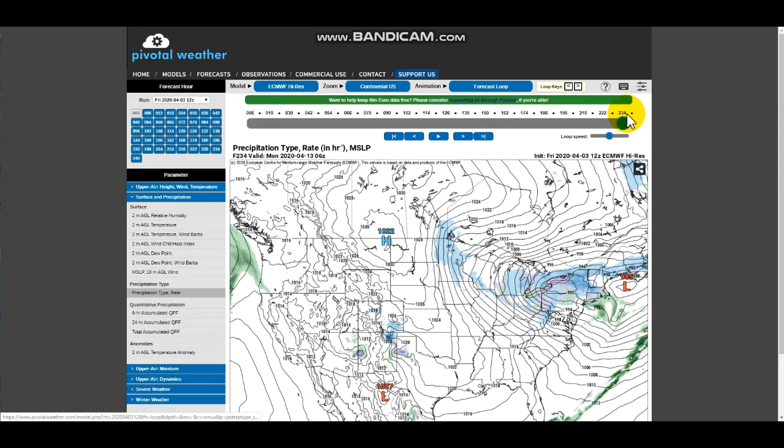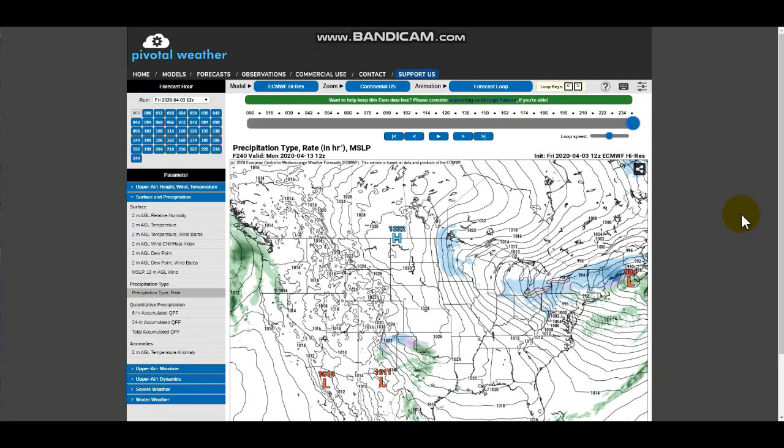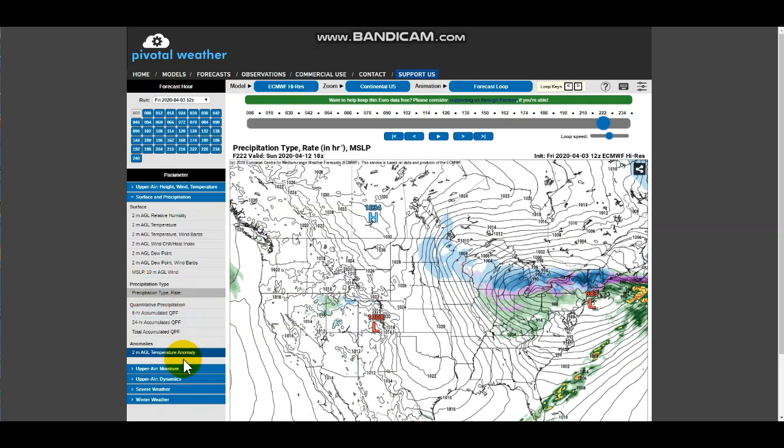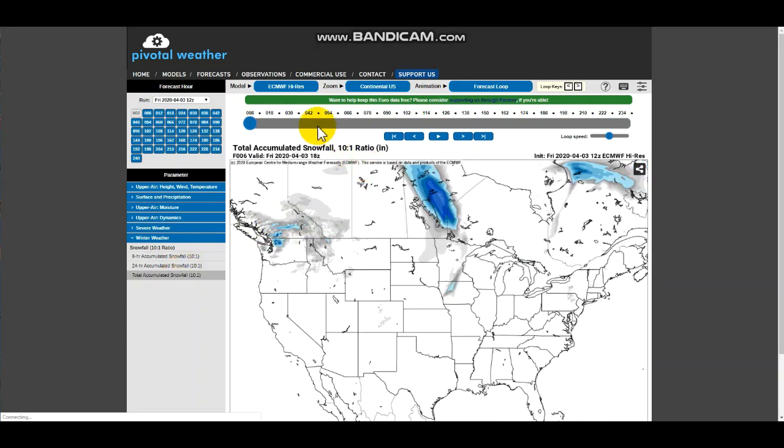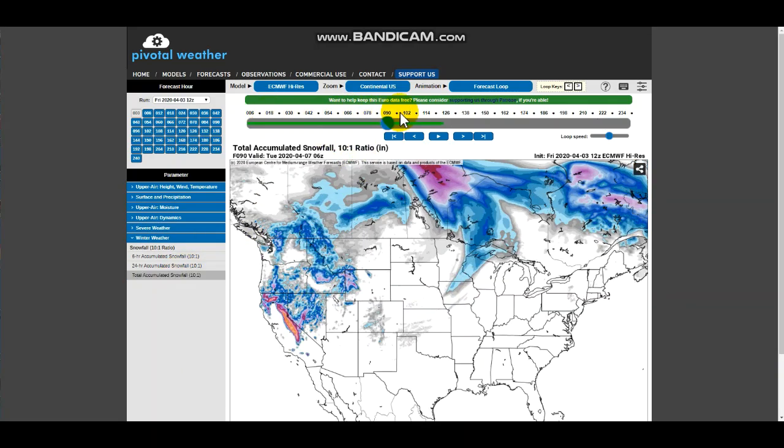So this would not be good. Definitely not good for farmers and people trying to get out early, but I guess it's a dose of reality that we've been missing throughout this whole winter. I would like to show you some of the snowfall amounts. To be honest with you, I haven't looked at them myself. I don't think they would be too impressive, as there was a lot of mixing with it.